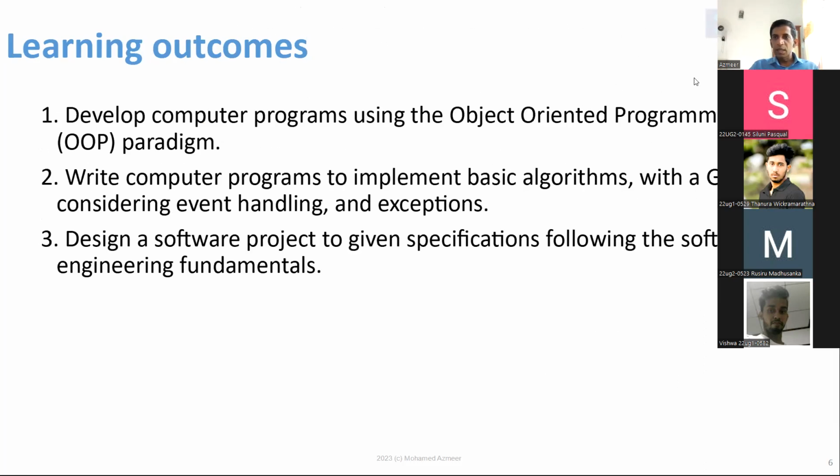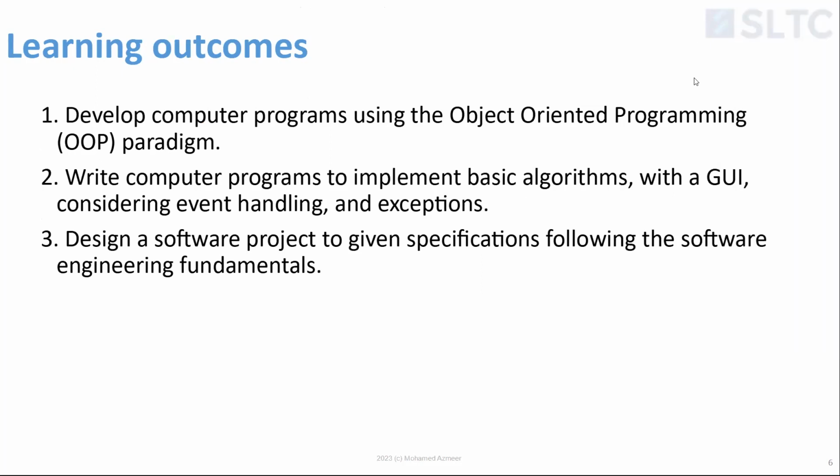Now, if you look at learning outcomes, every module has something called the learning outcome. So this one has 3. So number 1 is to understand the object-oriented programming principle. So we call it a paradigm because a paradigm is something completely different to what we are doing now, for example, right? Say we were using typewriters long time ago, maybe 30, 40 years ago,